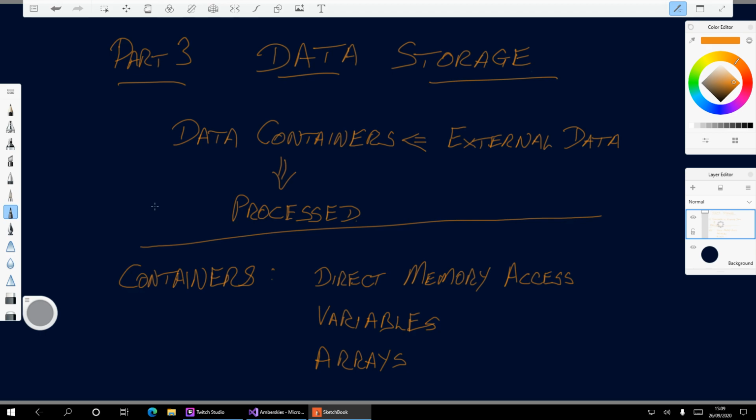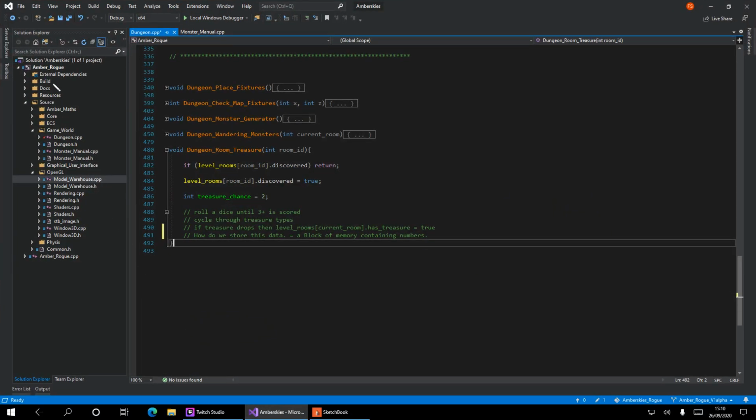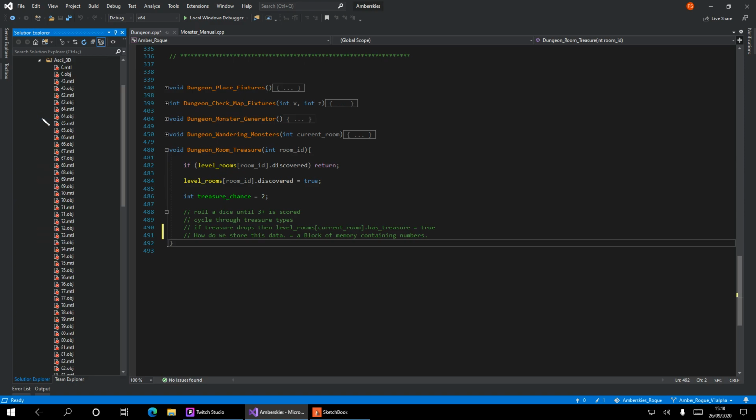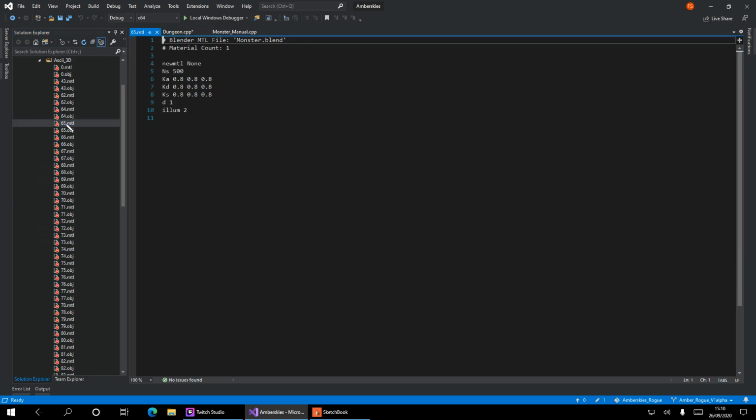You can have text files full of data. That's how I store all the model data. I don't know if I can read it as a text file in this stupid system. Ah, yeah, you can. See, data. That can be read in. All those MTL files could be deleted, really. Oh well.